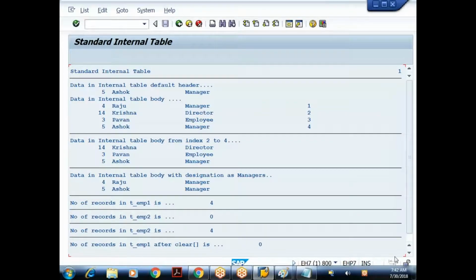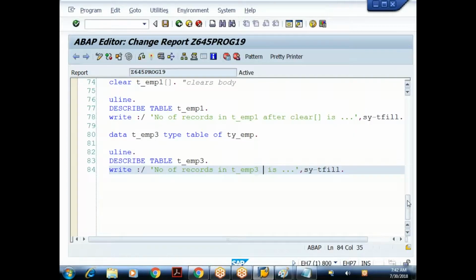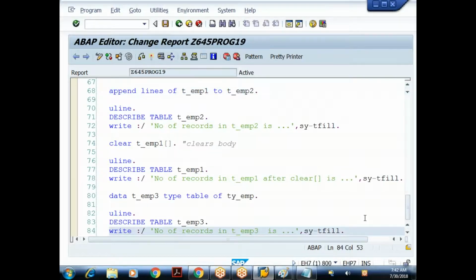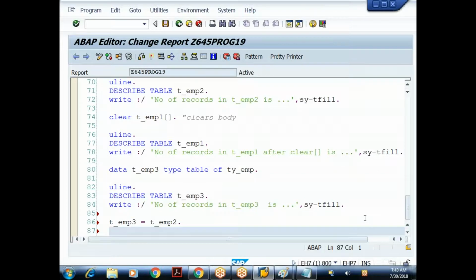If you scroll down, number of records in T_emp3 is 0. EMP2 has got 4 records now. I want to copy the data. Earlier, how did I copy the data from one internal table? Append lines of. Now, from T_emp2 I want to copy to T_emp3. So I'll say append lines of T_emp2 to T_emp3. It copies the data from EMP2 to EMP3.